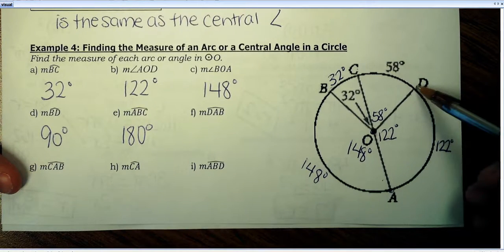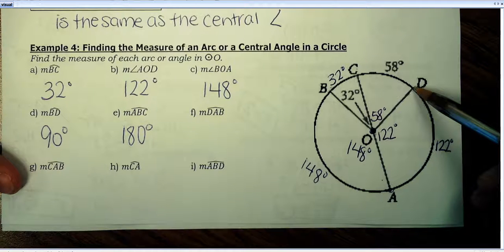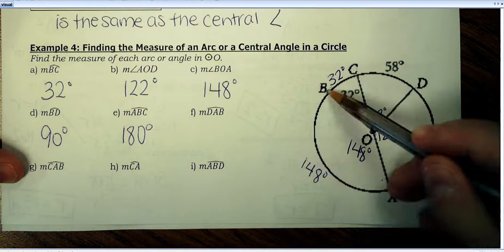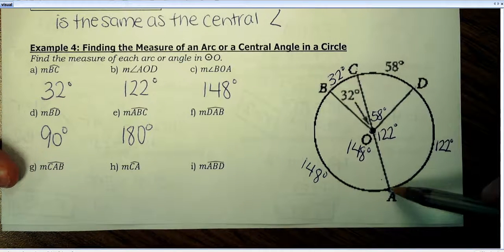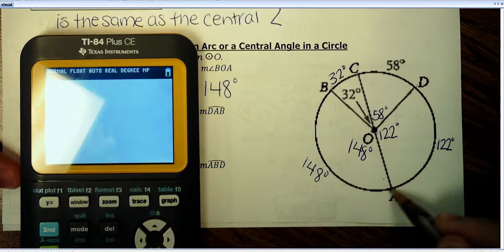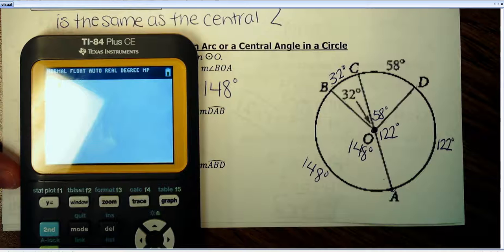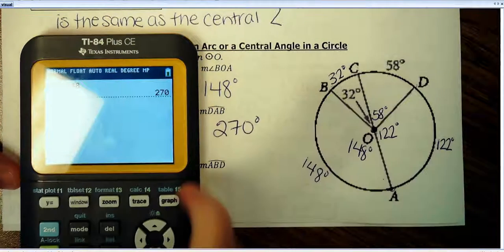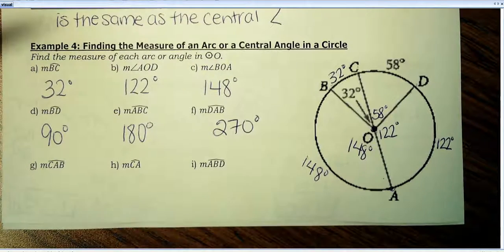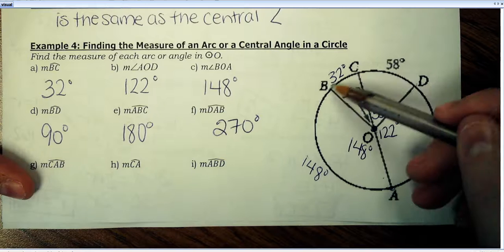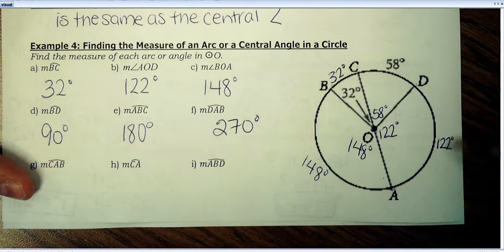All right, now DAB, so don't go more than once around the circle, otherwise you're going the wrong direction. So we're going to go this way, D to A to B. So D to A is 122. So I'm going from here, and then A to B is 148, so it's 122 plus 148, and that's going to be 270 degrees for that arc measure. CAB, now again, if I go this way, I'd have to keep going more